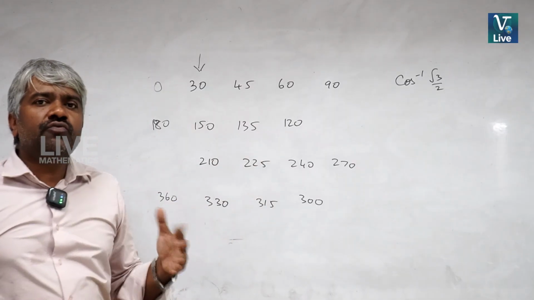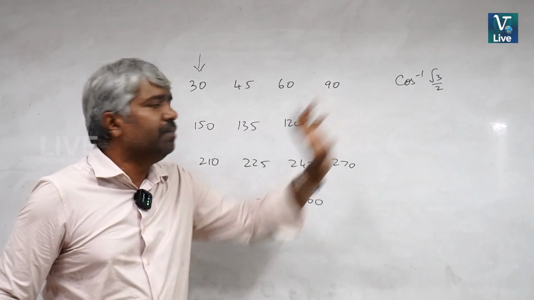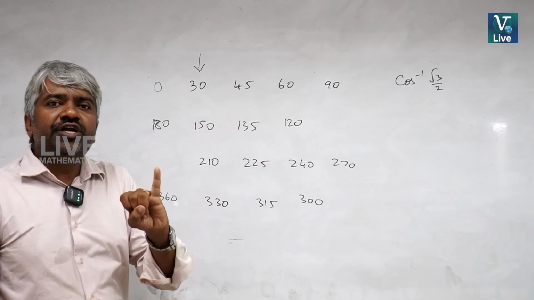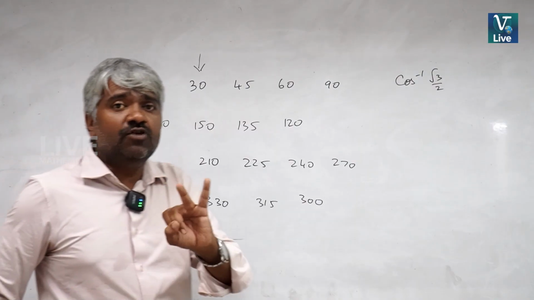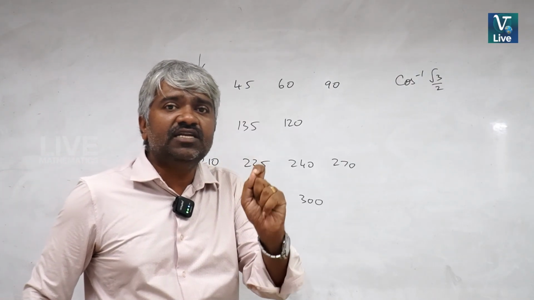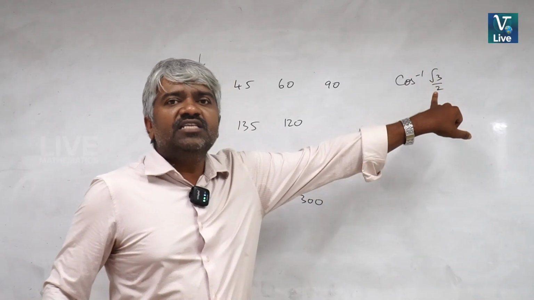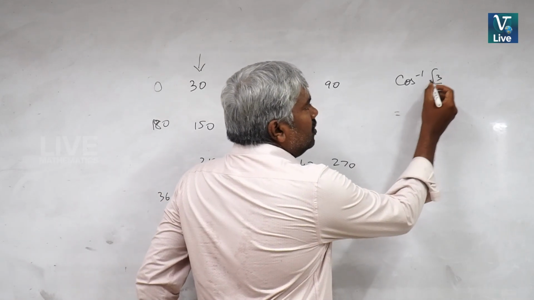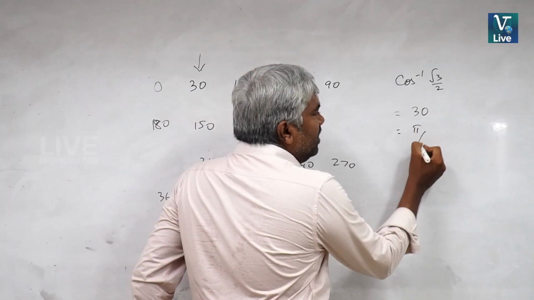Okay, whether it's positive or negative, I am telling in the sense of magnitude as root 3 by 2. Now, we all are familiar that cos theta will be positive in the first quadrant, negative in the second quadrant. The range of cos theta is the first and second quadrant. Since it is positive, the range is in the first quadrant. So the first quadrant value of cos inverse of root 3 by 2 is 30 degrees,